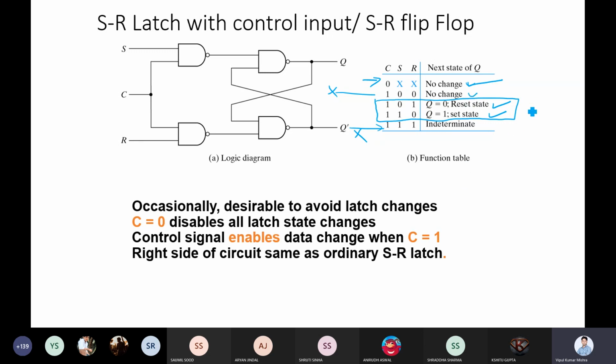Suppose you have a state that acts as a memory state, but sometimes you want to store 0, sometimes you want to store 1. So you should have a mechanism to store 0 and 1. So this second part is the mechanism to modify the value of Q, and this part is the mechanism to act as a storage unit.